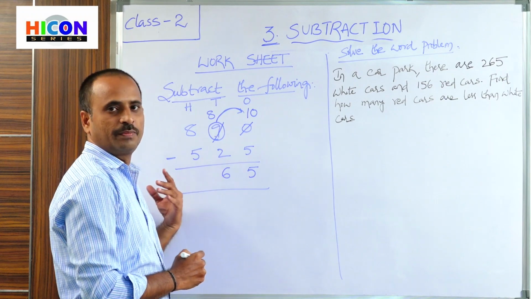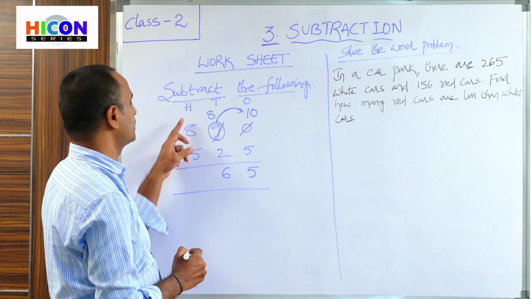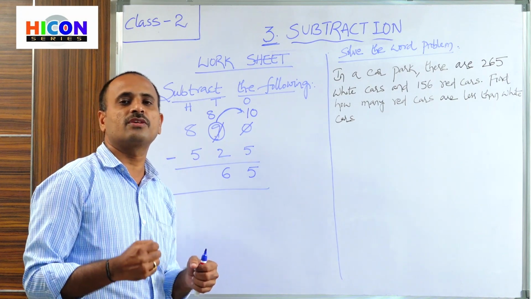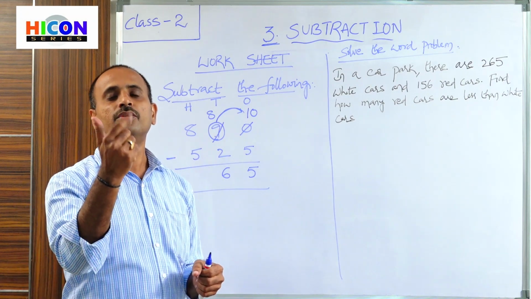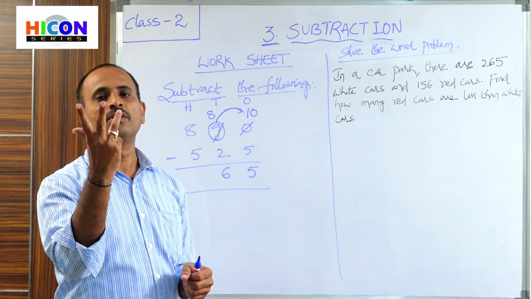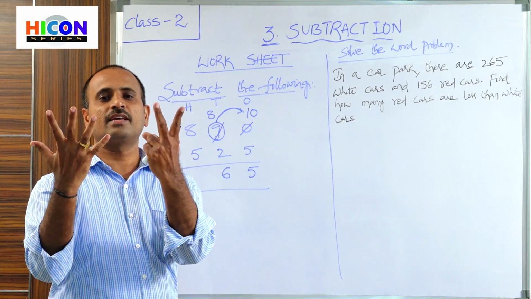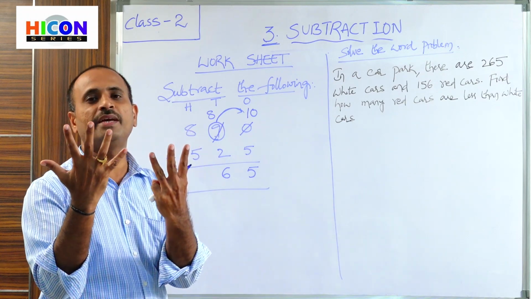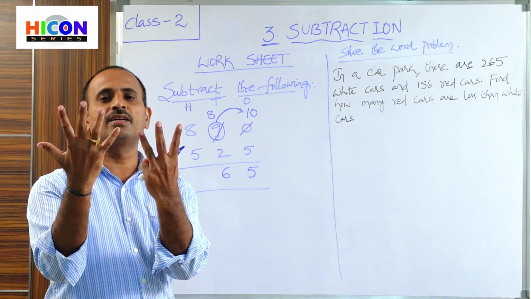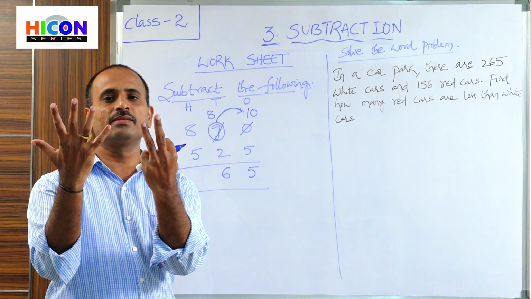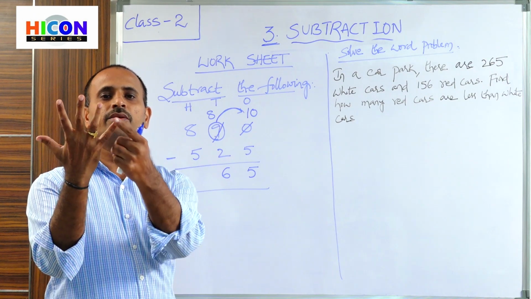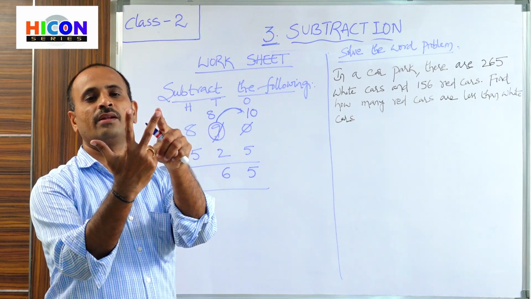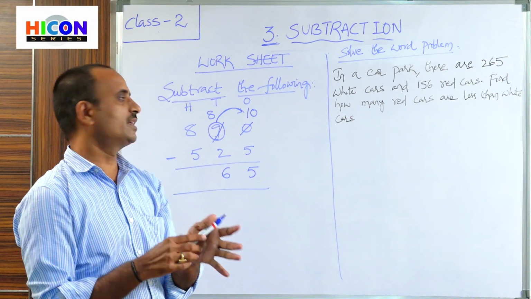Now go to the hundreds place. So 8 and 5 are present in the hundreds place. So 8 is the first number. So open 8 fingers of your hand. That is 1, 2, 3, 4, 5 and 6, 7, 8. So these are the 8 fingers. What is the second digit in the hundreds place? 5. So close 5 fingers among these 8 fingers. 1, 2, 3, 4, 5. So children, count how many fingers are left. 1, 2, 3. So 3 fingers are left.